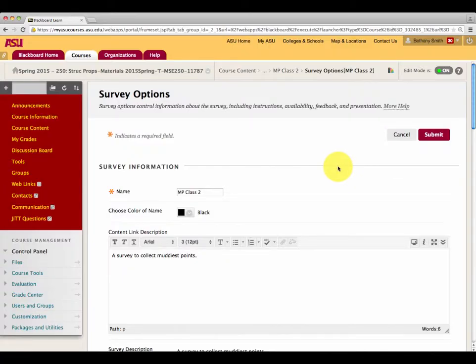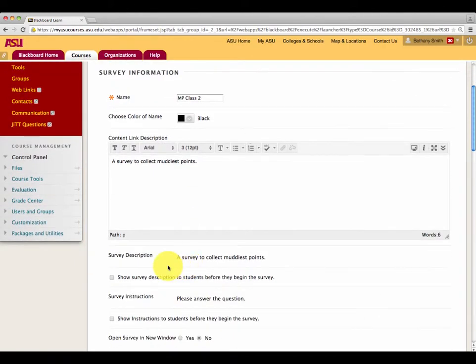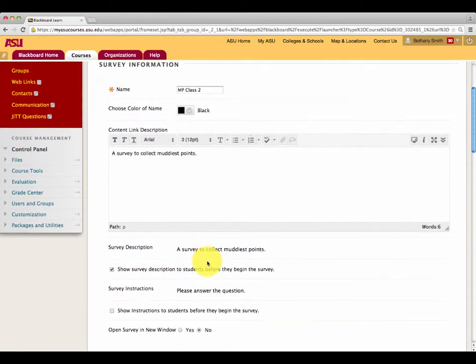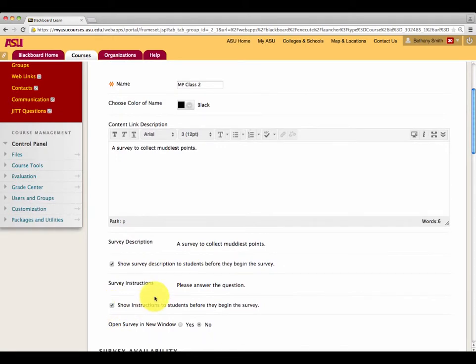Blackboard then takes us to the survey options screen for MP Class 2. Now, I am going to very quickly go through only the necessary changes that you need for your Simple Muddiest Points survey. So, skip the name option, skip the choose color of the name option, skip the content link description, click this box to show the survey description shown here to your students, click this box to show the survey